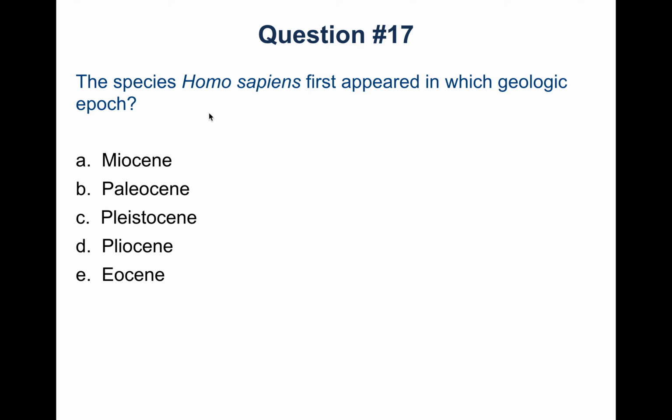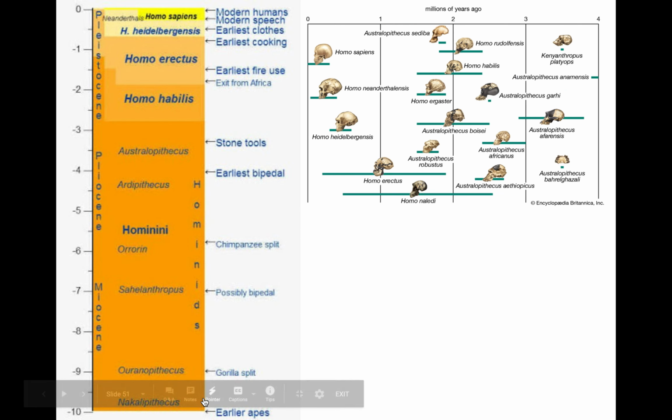All right. The species Homo sapiens first appeared in which geologic epoch? All right. So we've got a few different ones. It's the Pleistocene. All right. So here is an infographic kind of looking at the different time periods. We have Miocene here, we have Pliocene, and we have the Pleistocene. Hopefully I'm pronouncing that correctly. Homo sapiens, we are Homo sapiens, and this is like the basically most recent,